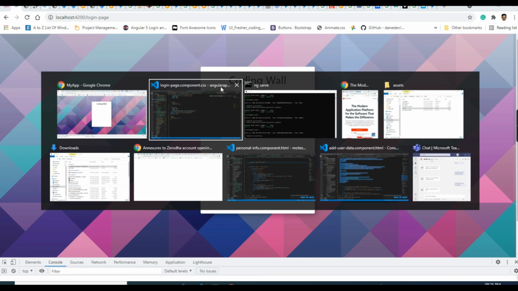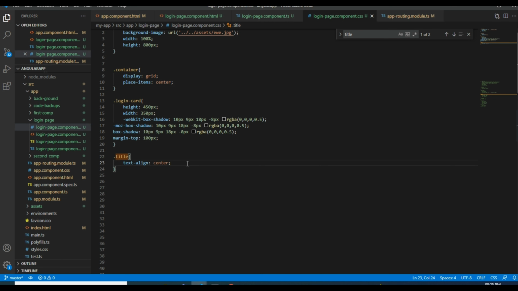We'll save and check once where it is coming. I don't like this color, so I will change the color and font weight.